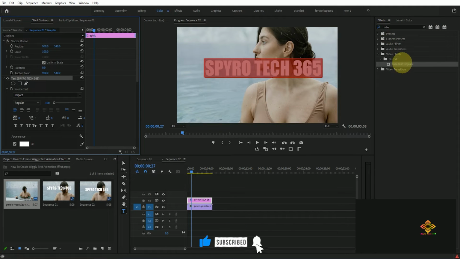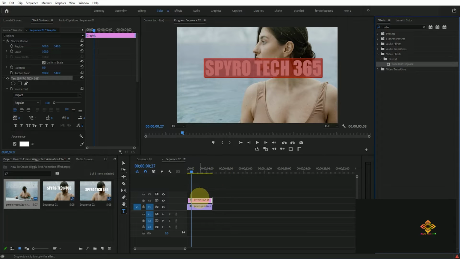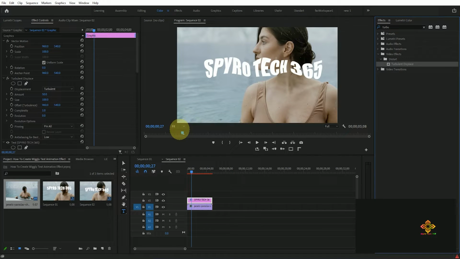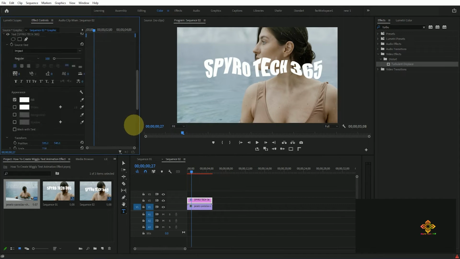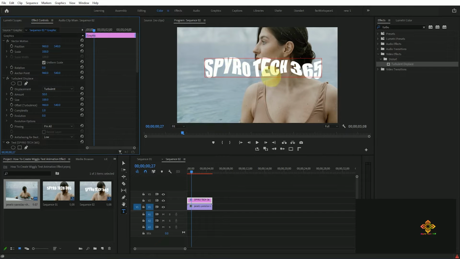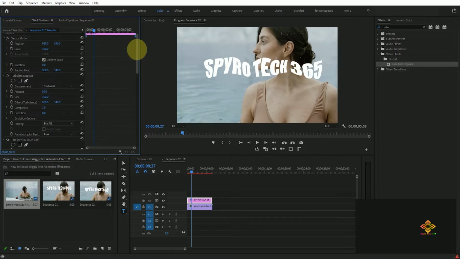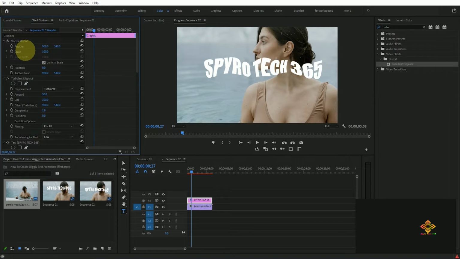Apply a turbulence displace on the effects panel on the text layer. Here you can see there is some turbulence on the text layer has been created. So now